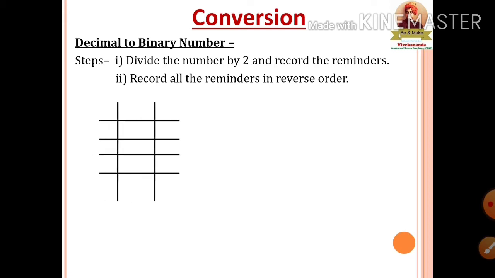Consider we are going to convert a decimal number 18 to its binary equivalent. Okay, so how to convert number 18 into its binary equivalent number? Here I have taken number 18 and I am going to divide this number 18 with the help of number 2. After performing the division, I will get the quotient as 9 and remainder as 0. Okay, because 18 is divisible by 2, so the quotient I will get is 9 and the remainder I will get is 0.